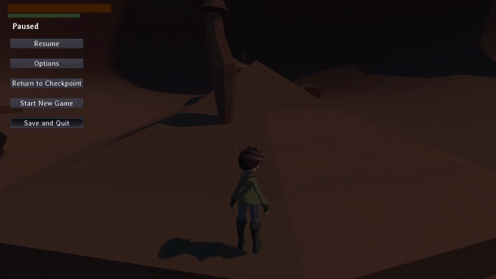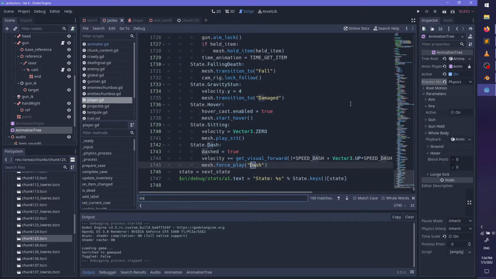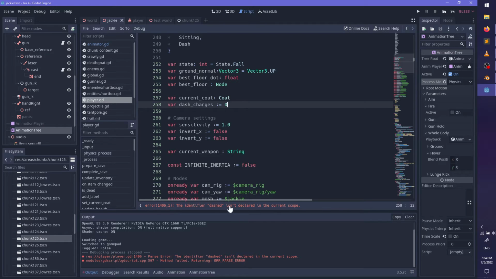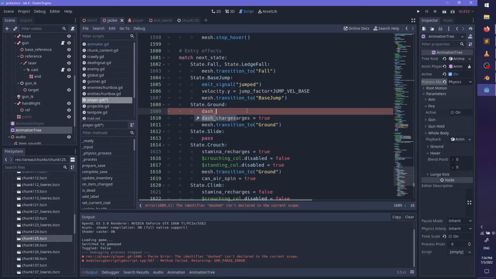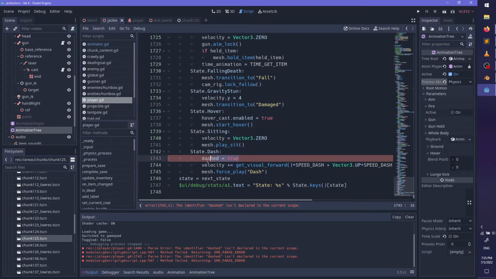Oh yeah, also, I'm now going to change the dash so that instead of a dashed flag, I have dash charges, 0. Okay, so now there's a new item that the player can get called a dash charge. And that will...